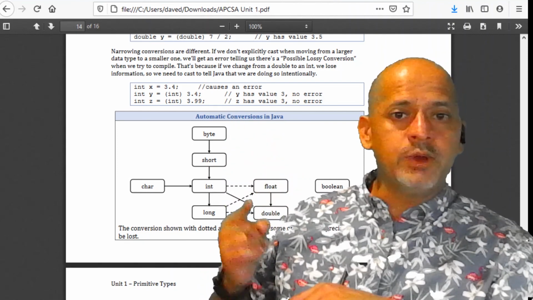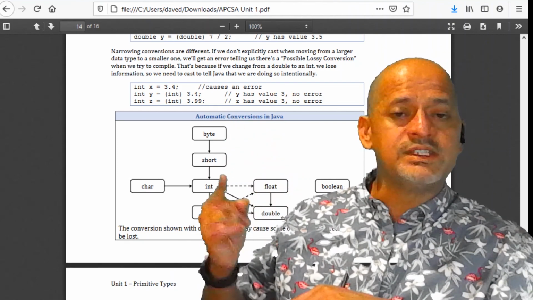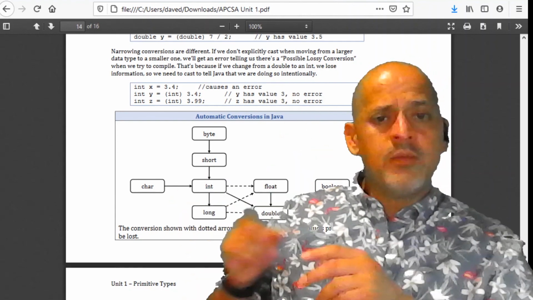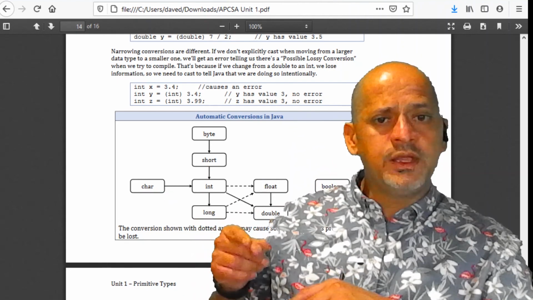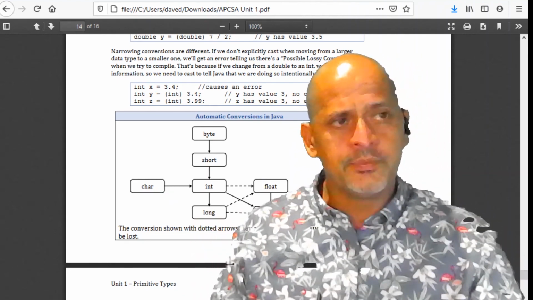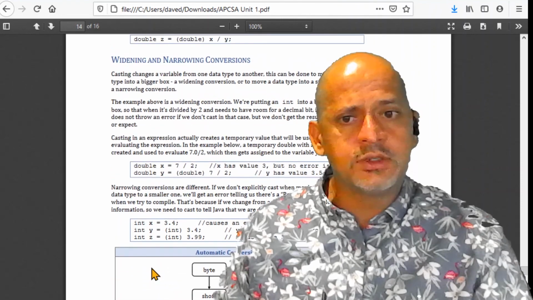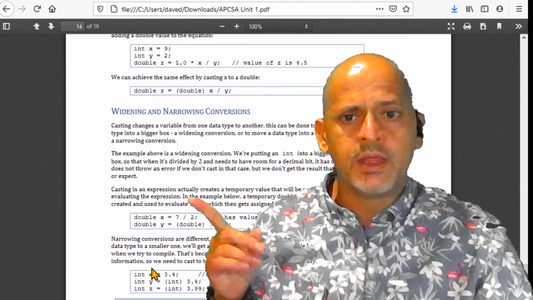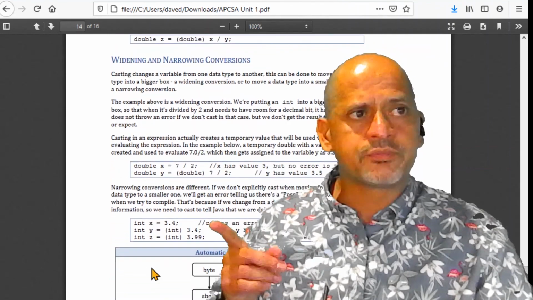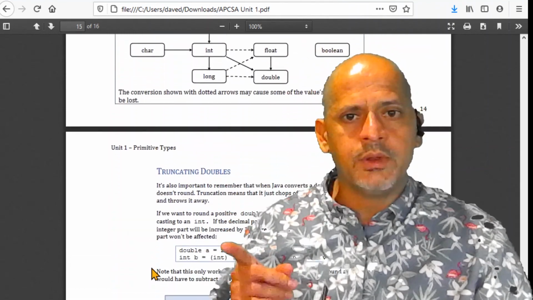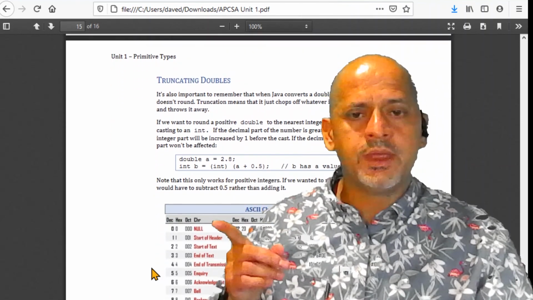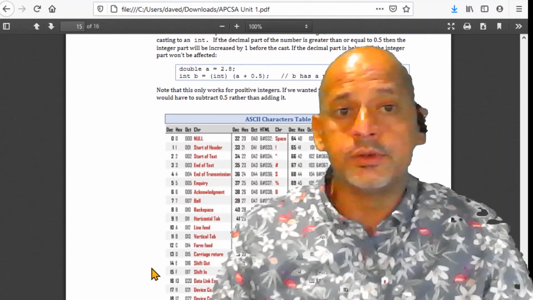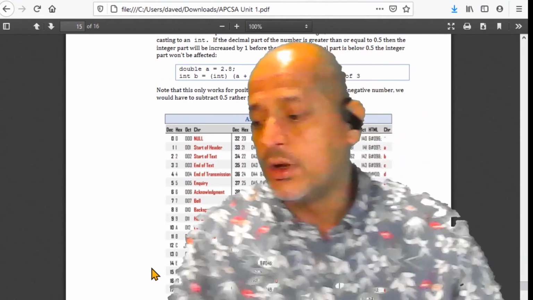When you go the other way around, that's when you're going to be losing some information, so you're going to be chopping some of it. We talked about this briefly in the class, and we talked about truncating, right? Read through this carefully. So, we talked about truncating doubles. And we're going to go over the ASCII character table during class. So, if you have any questions,